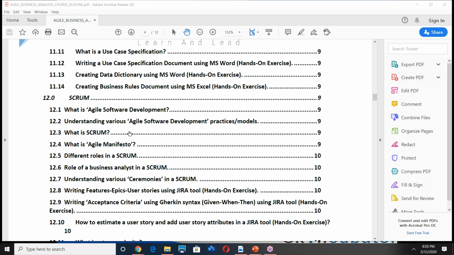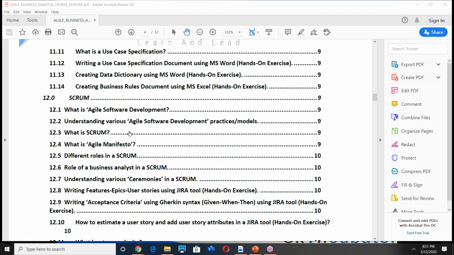So Scrum is a software engineering framework. Of course, it's one of the popular Agile frameworks, which is currently being used by almost every single IT or software project. You can also use it for other types of projects, but mainly it's popular within IT software development projects. We'll talk about the Agile Manifesto, the 12 principles of Agile Manifesto, the different roles within Scrum, and what's the role of a business analyst in the Scrum framework,